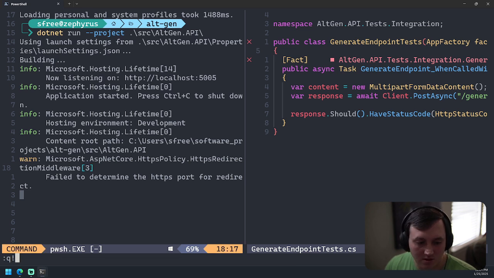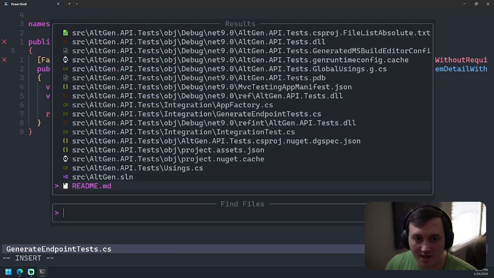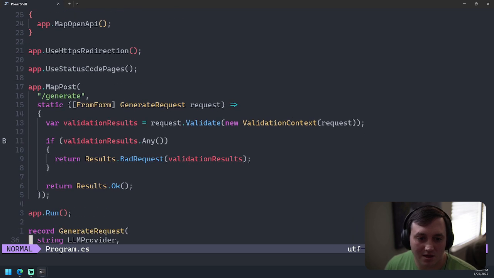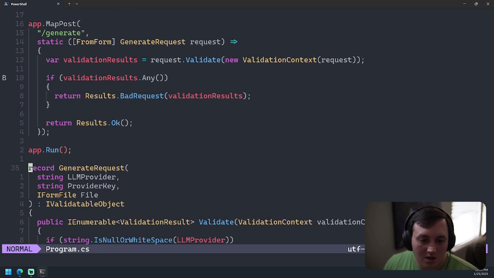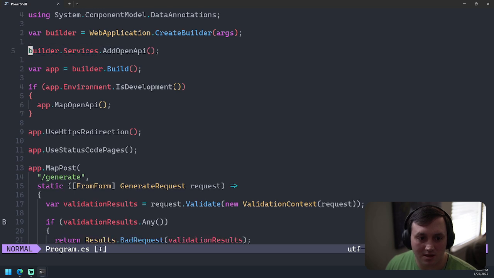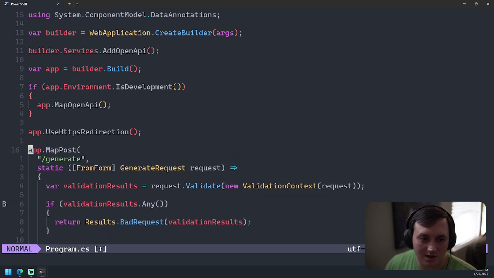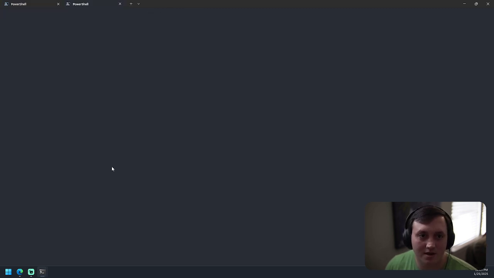Quit this. Quit it. Let's close that. Back to Program.cs. Let's delete this. Let's delete that. And let's open a new tab in PowerShell.